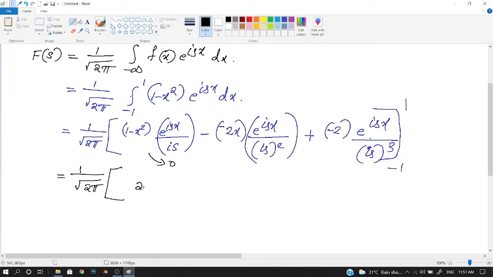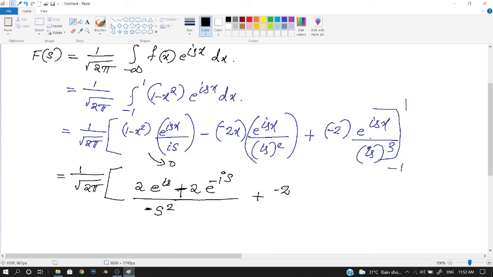So here 2 into e raised to is, over i s, divided by i square s square. i square is minus 1, so minus 1 into s square, minus s square. Then minus of, we want to put the lower limit also, that is again you have 2 into minus 1, that is here plus 2. So here e raised to minus is, the denominator is common, then